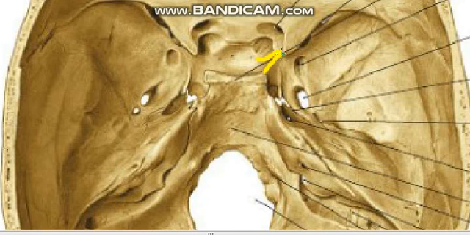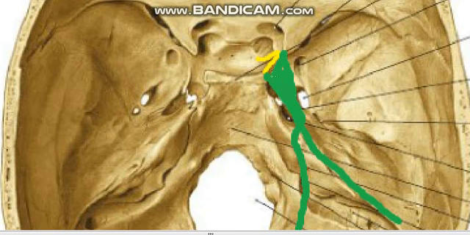We had said that it has a fixed margin and it has a free margin, and we had said that the fixed margin comes and gets attached over here to the posterior clinoid process. So this is the fixed margin of the tentorium cerebelli getting attached like this. It is attached to this superior border of the petrous temporal. As you can see, we have drawn along the superior border of the petrous temporal and we have reached the posterior clinoid process. And the free margin is somewhat like this, overlapping the fixed margin and in this direction.